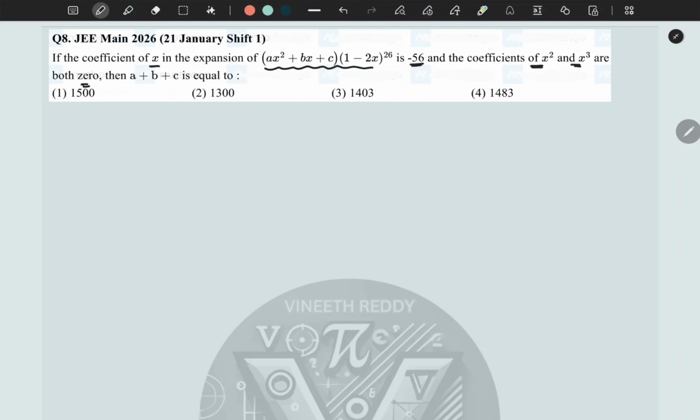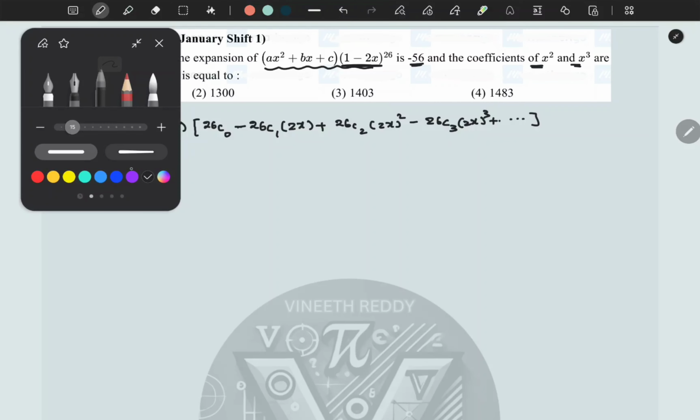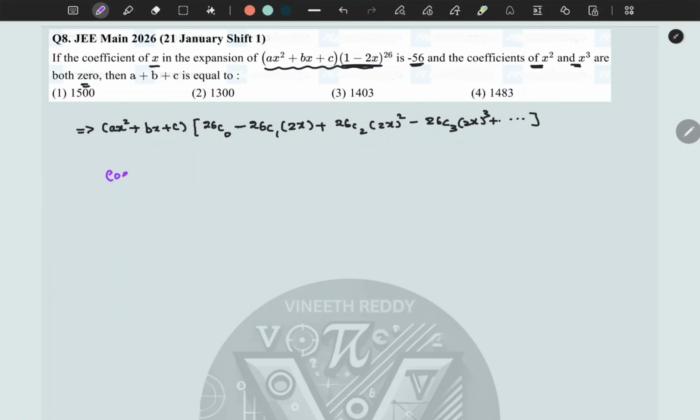Let me expand this expansion, 1 minus 2x whole to the power 26. So it will give us 26c0 into 1 power 26, and since we have 1 minus 2x, we can write 26c0 minus 26c1 into 2x plus 26c2 into 2x whole square minus 26c3 into 2x whole cube, and so on, right? Now I am interested in finding the coefficient of